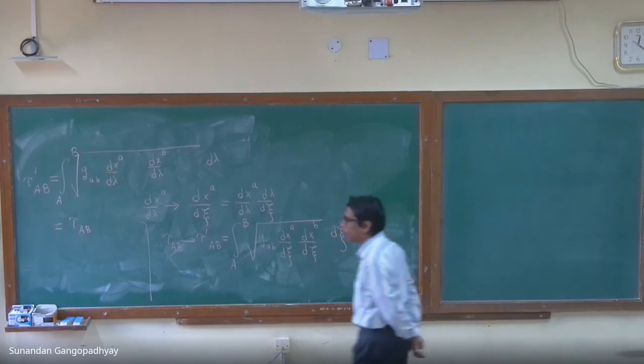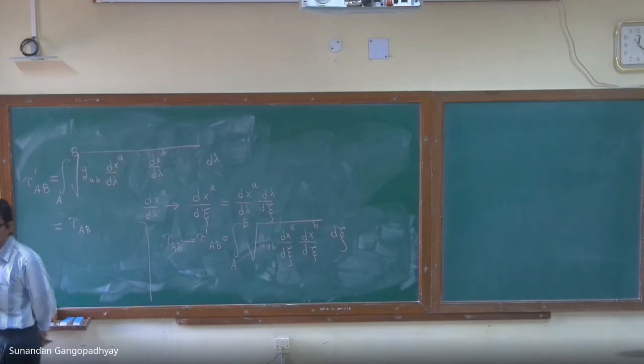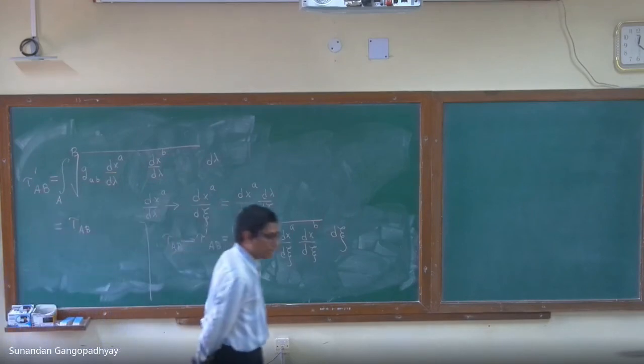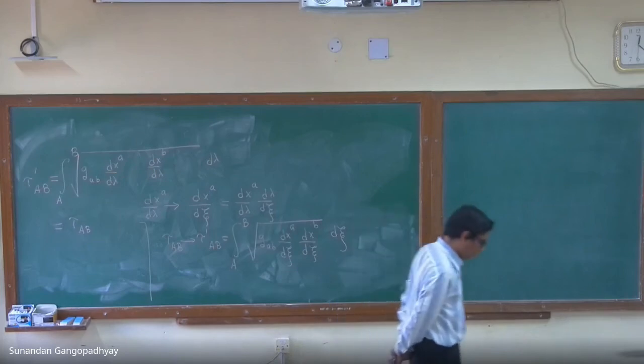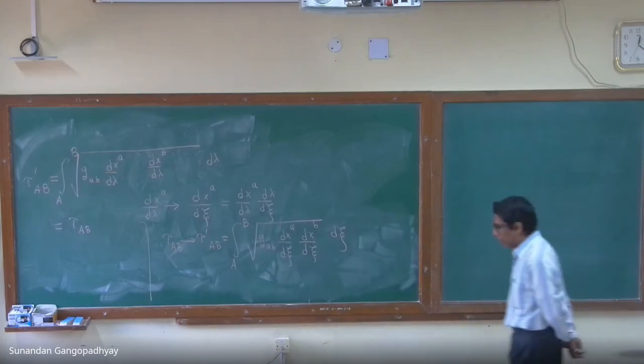So you can parameterize the curve by any parameter that you like, but the action will be invariant. That is what you want to have. It's called reparameterization symmetry, and this